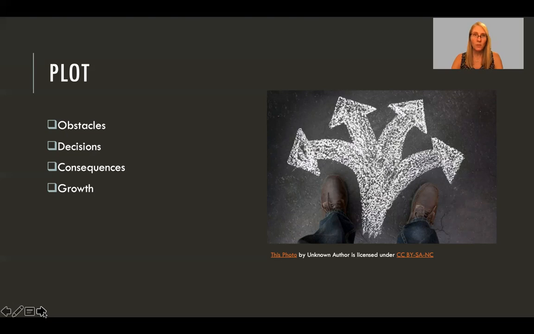We're most familiar with plot in, say, short stories or novels, because often that's what people consume the most. But creative nonfiction essays, personal essays, memoir, we're taking the narrative of life, if you will, and thinking about what are the obstacles, decisions, consequences, and growth we need to share with our readers so that they understand why this time in our lives we're writing about is significant to us. So we'll let them know what happens, and then we also include that reflection to explain what the context of that is and what life lesson we're learning from it.